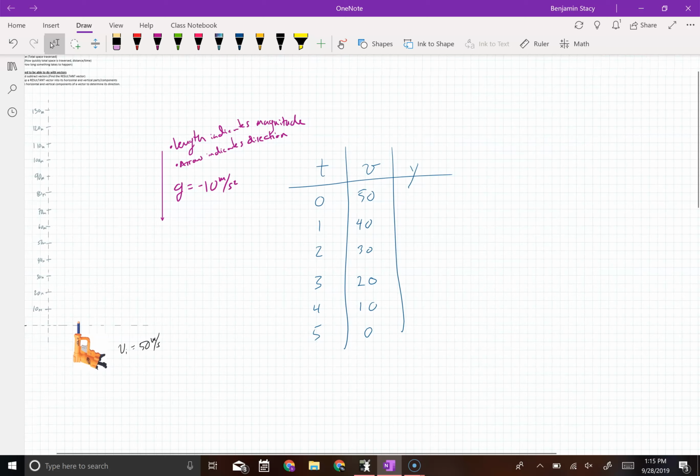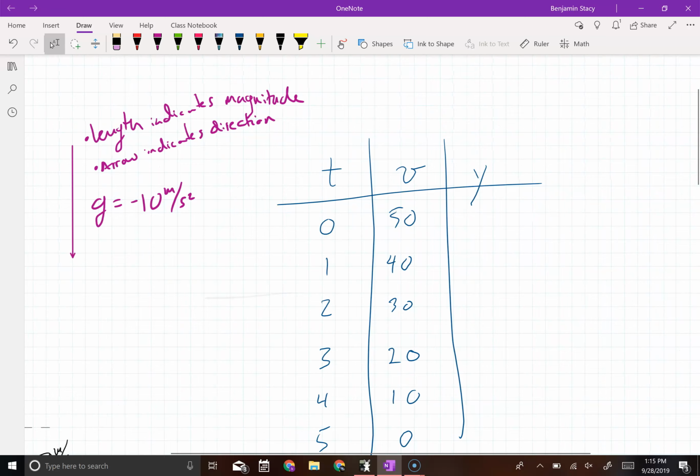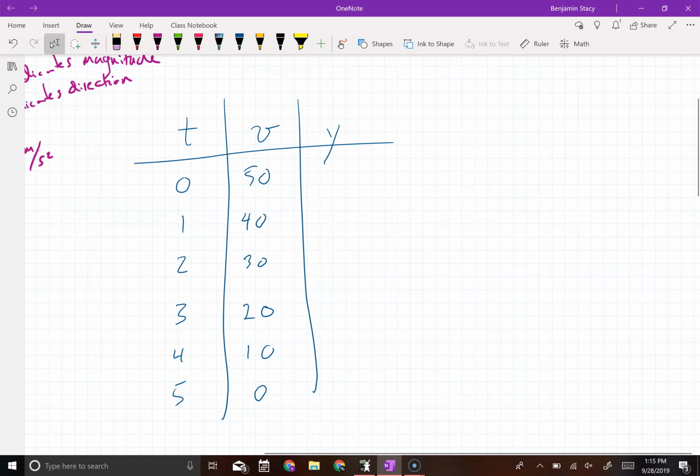For positions of where this thing is going to be, you can see I have a scale over here up to 130 meters for us to mark its positions. When you think about what's the initial position, well, that's 0. And its final position, which we'll just call y, is going to be given by this equation if we'd like to use it. I'm going to call velocity initial in the y direction times time. And since we're calling down negative, I'll use minus 1/2 g t squared. And so this can tell us our displacement or final position for our Nerf dart,